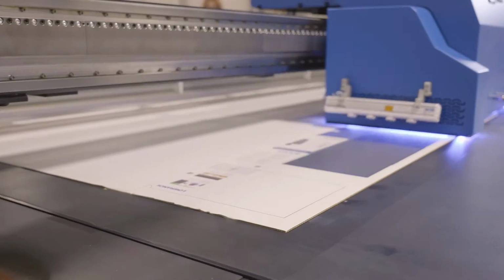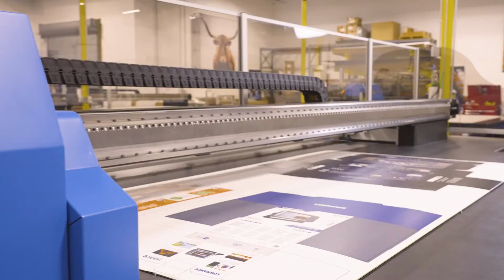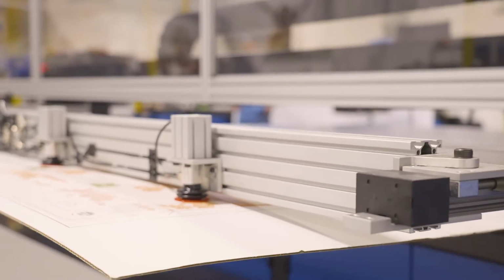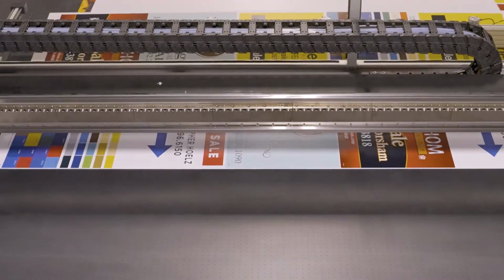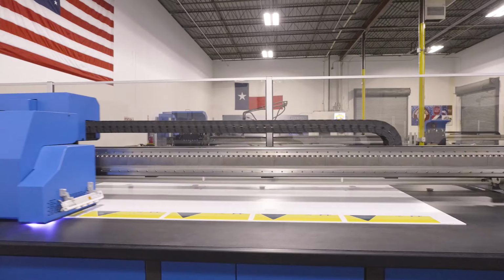Then the next thing, you have the linear motors, 2 on the Y, which is the gantry, and 1 on the X. And these are key because we want to lay the dots down exactly where we want them. They work together. You have to have a flat table if you're going to hold the accuracy that the magnetic motors do. So you have 1 micron all the way around. 1 micron on the X, which is the carriage, 1 micron on both sides of the Y, which is the gantry. And to be able to lay the dot down in the right spot enables you to print those faster